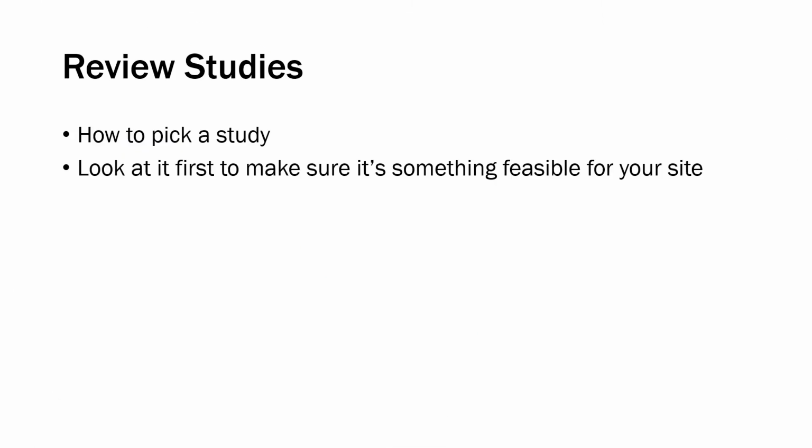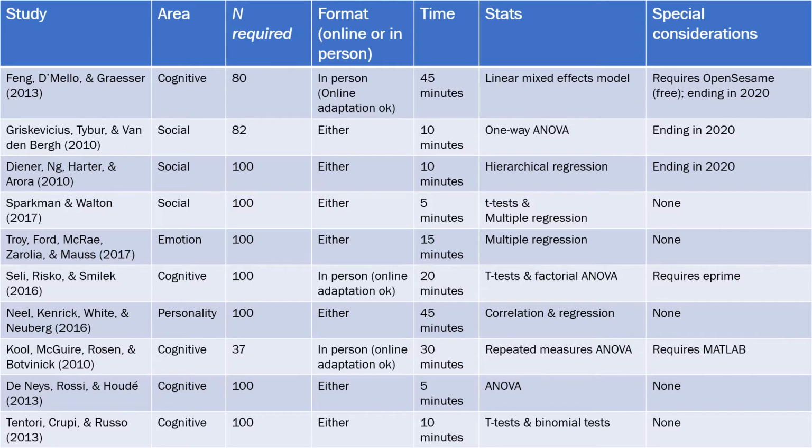When looking for studies, it's helpful to consider a few different factors. Specifically, you should consider whether it is feasible for your site to complete the project. On the next slide, we've prepared a summary of all currently active studies and some of their key characteristics. Here is a table of all of our current studies with their key characteristics. If you are watching this at a time when our study menu looks a little different, then we recommend looking through the studies for these specific characteristics.